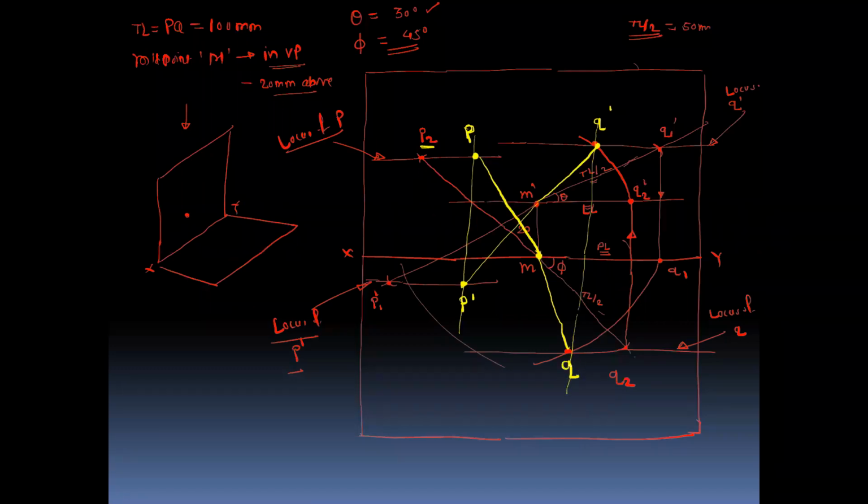So right now I have drawn this just by freehand, so there is some mistake. Okay, so try to draw with proper scale. You can observe P and P dash and Q and Q dash are lying on the same vertical line. Okay, so this is how you can complete this projection.